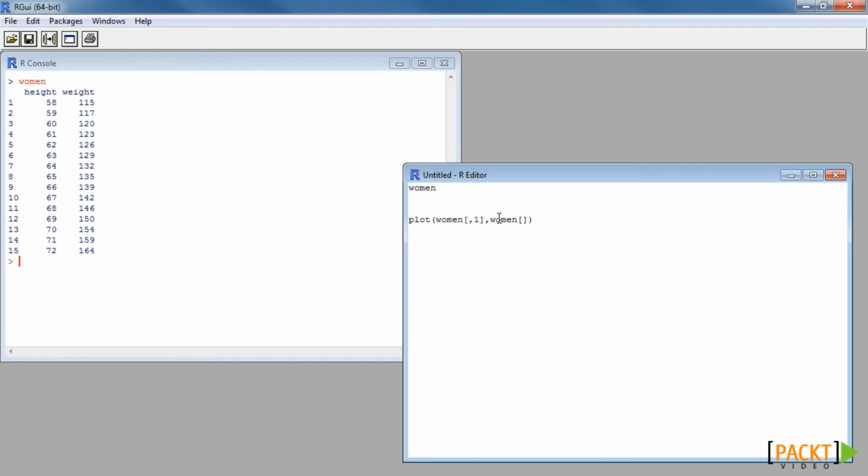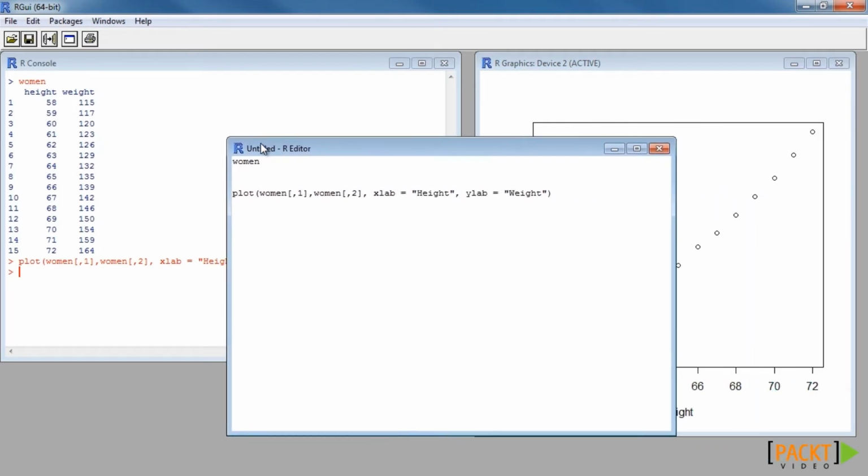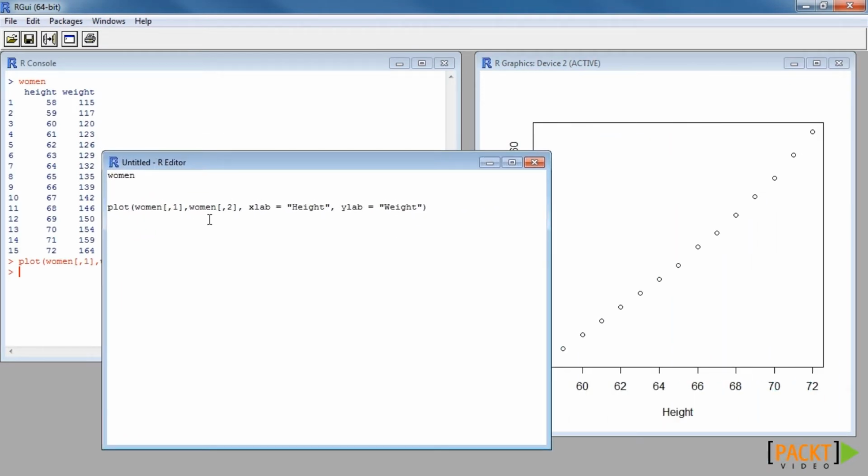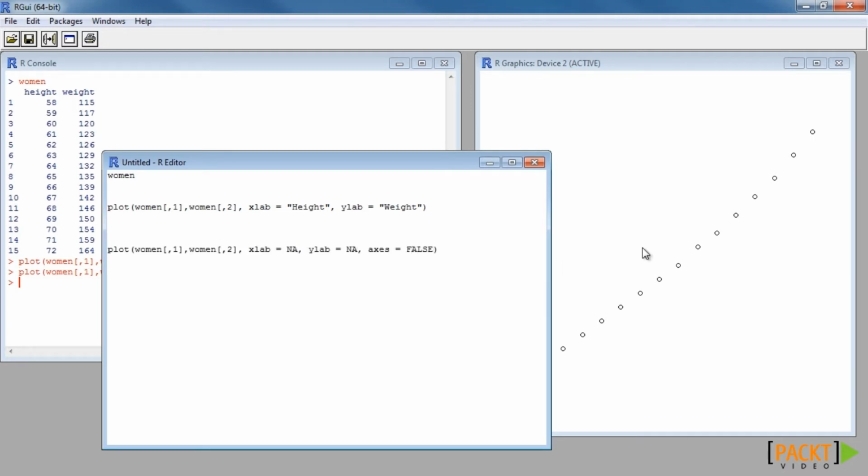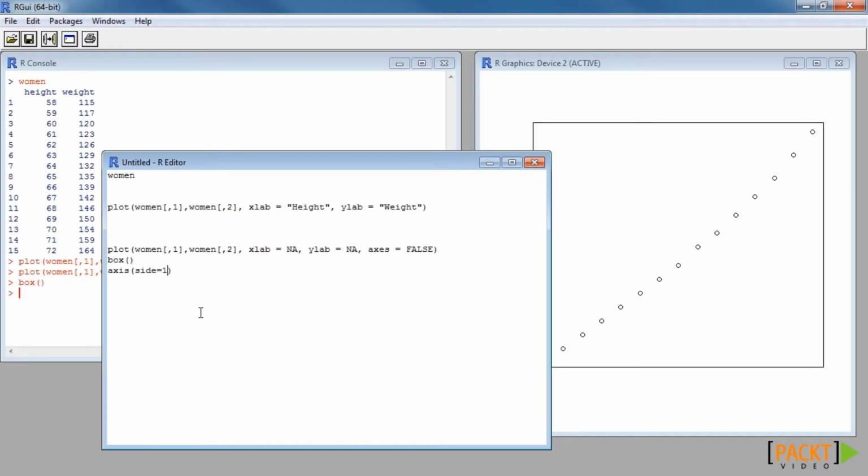First, we open the R script from the File menu. Using the plot function and axis labels, we can draw a basic plot. To be able to customize a plot axis and box, we first draw a plot without any axis and box. This is done by setting the axes option as false. Then we use the box function to bring back the box. To bring the horizontal axis scale,